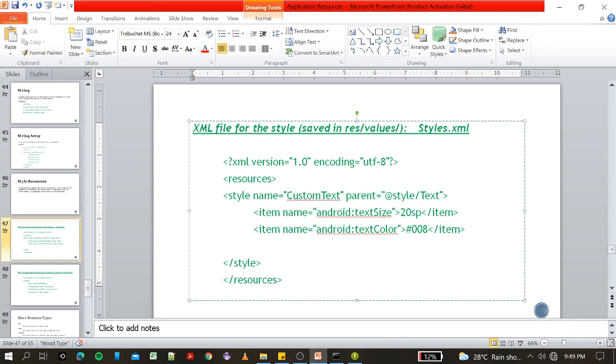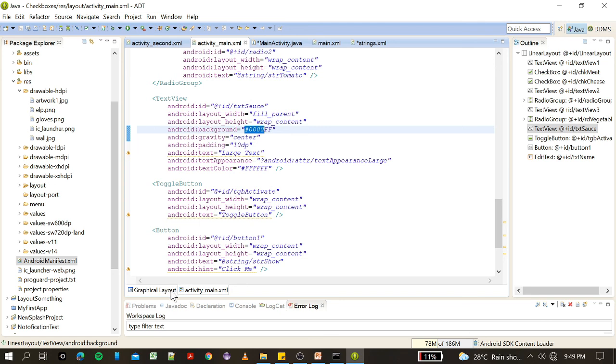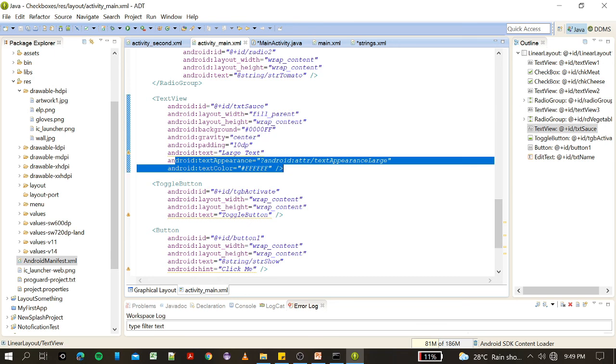At pagkatapos, yung style na create natin ay pwede nating i-apply ng isang bagsakan dito sa mga nakalagay sa ating layout. Hindi na natin kailangang isa-isahin dito na maglagay ng background, maglagay ng text color, maglagay ng text size, maglagay ng padding,